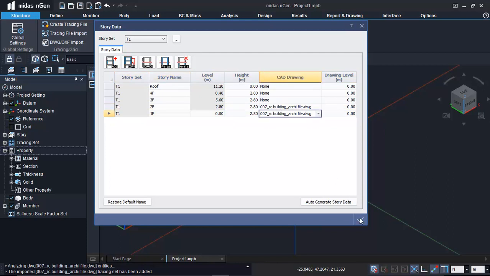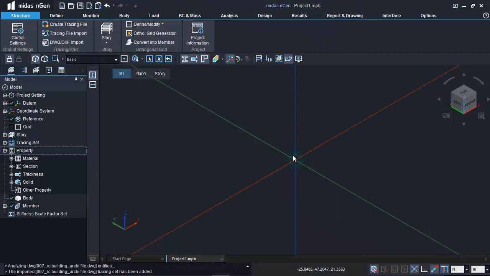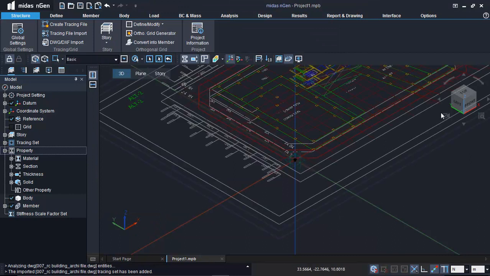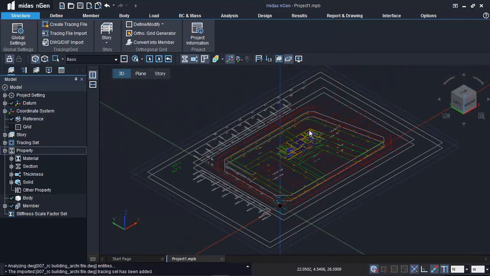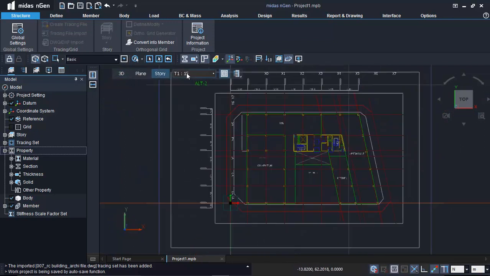first floor and the second floor, and as soon as I click OK, the architectural drawing will be visible in the work environment. And here I have three views. I have 3D view, I have plane view, and I have story view. So depending upon what type of element I want to model, I can work in any one of these modes. So for example, I want to generate the columns and walls in the first story, so I'll switch to the